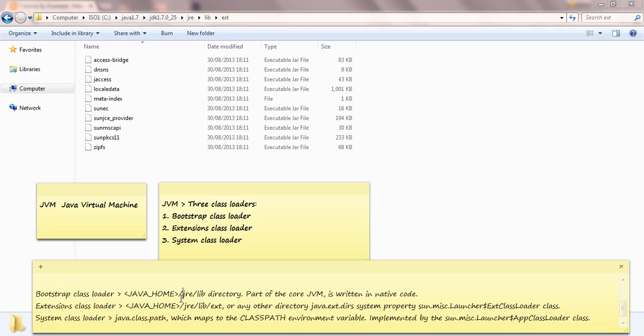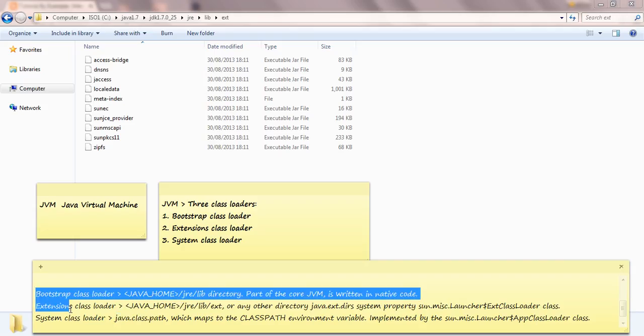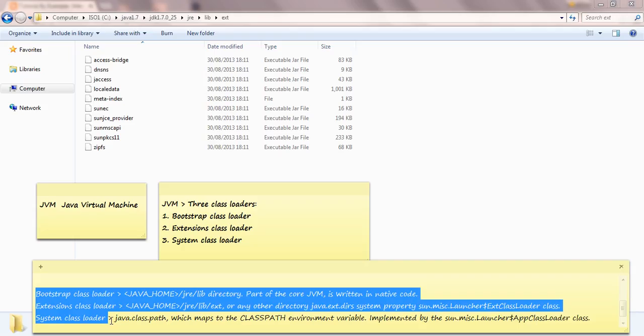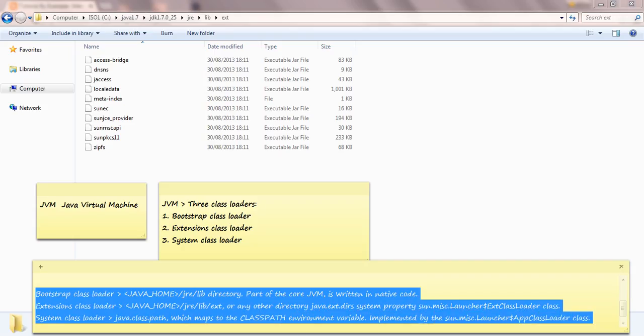So in recap, we have three class loaders: the bootstrap class loader, extension class loader, and system class loader. With the help of these, whatever library is there, system or custom, native or written in Java, will be loaded and utilized in the Java virtual machine as specified, with the help of the Java runtime and compiler.